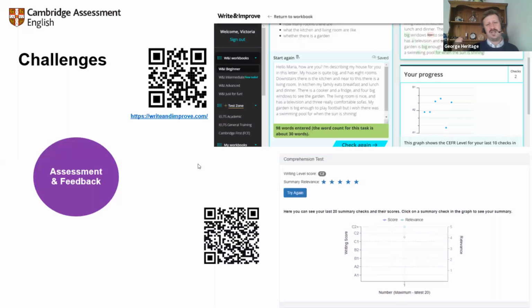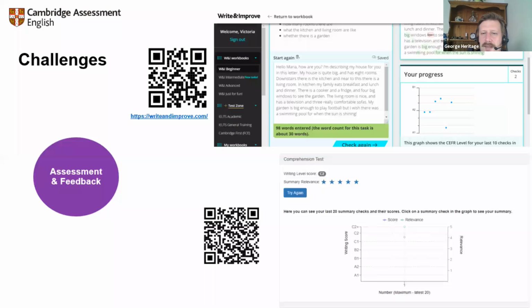There is an additional functionality that is paid for, but in terms of what we're showing you here, Write and Improve is completely free, and it's a great tool. As Victoria said, it's not a spell check, it's not a grammar check, it's not Grammarly. It directs students towards where the problems are and puts the responsibility in their hand, and I think it really helps them build on drafting and revisiting writing, which I think is a really important academic skill for their future as well.